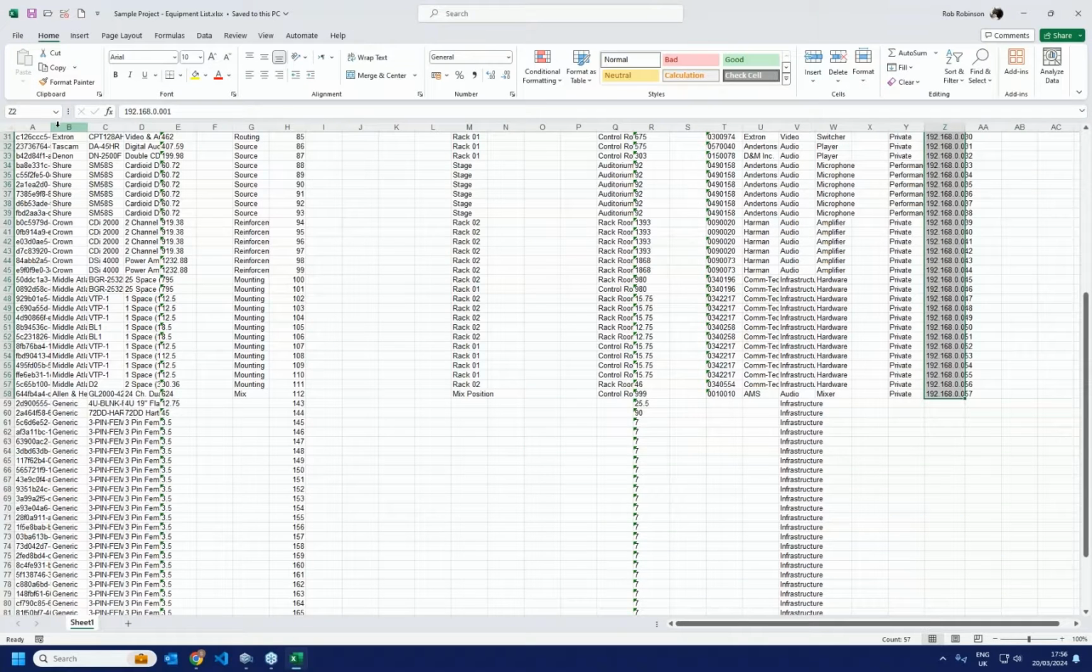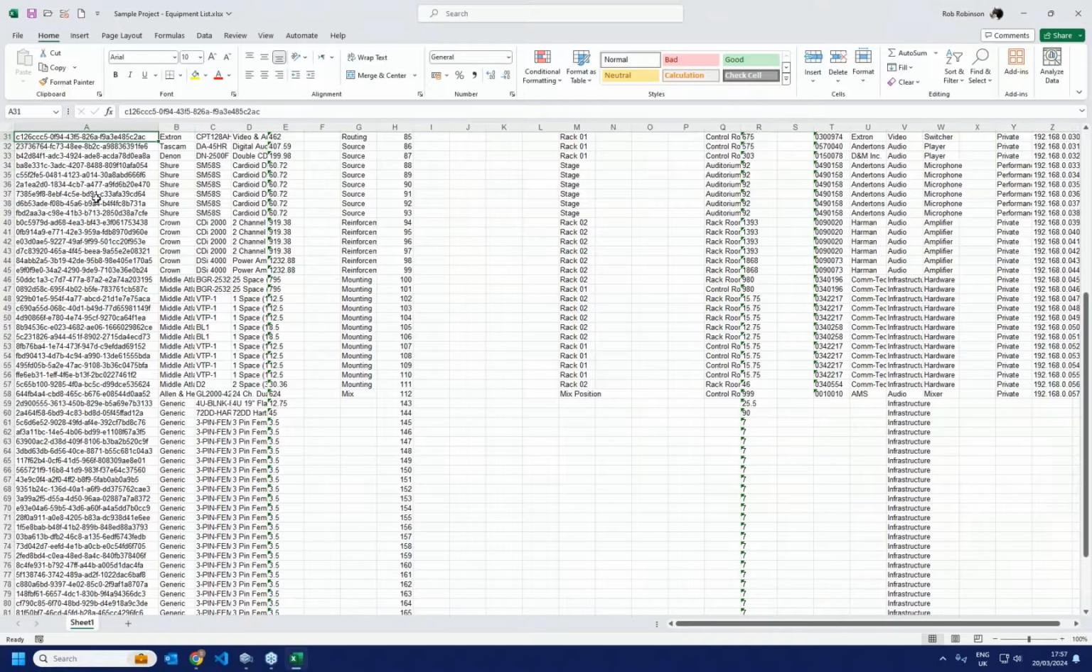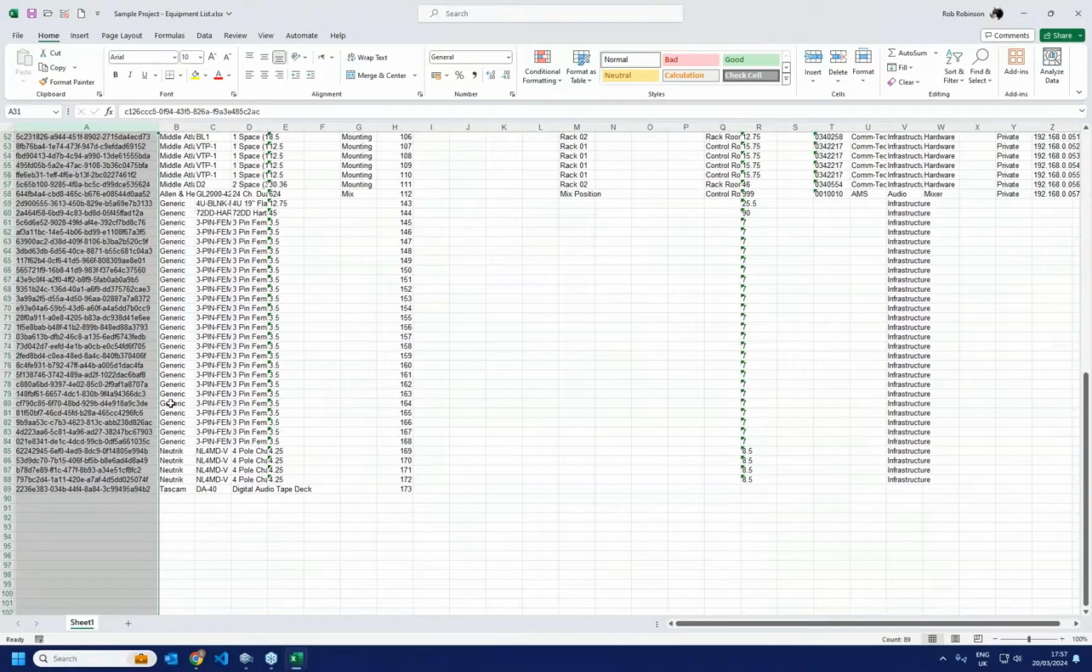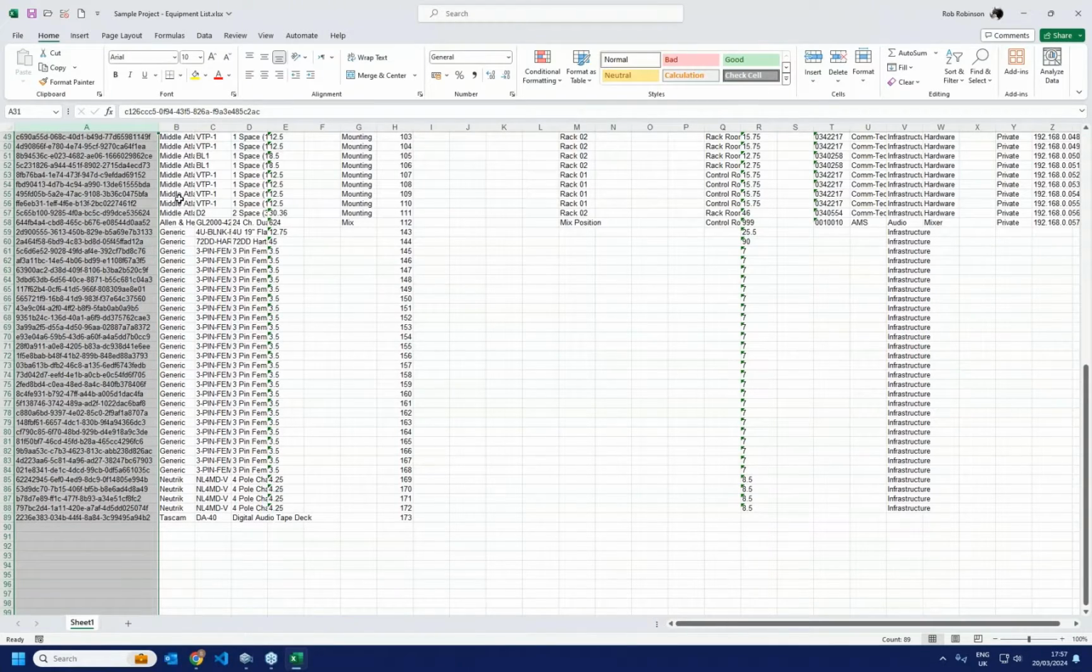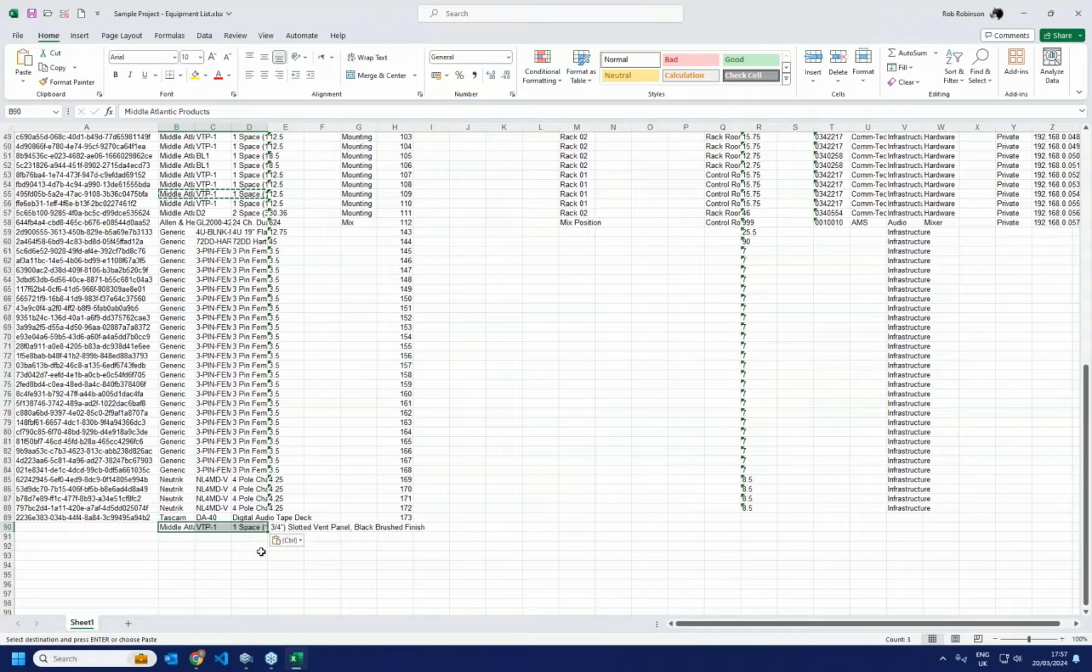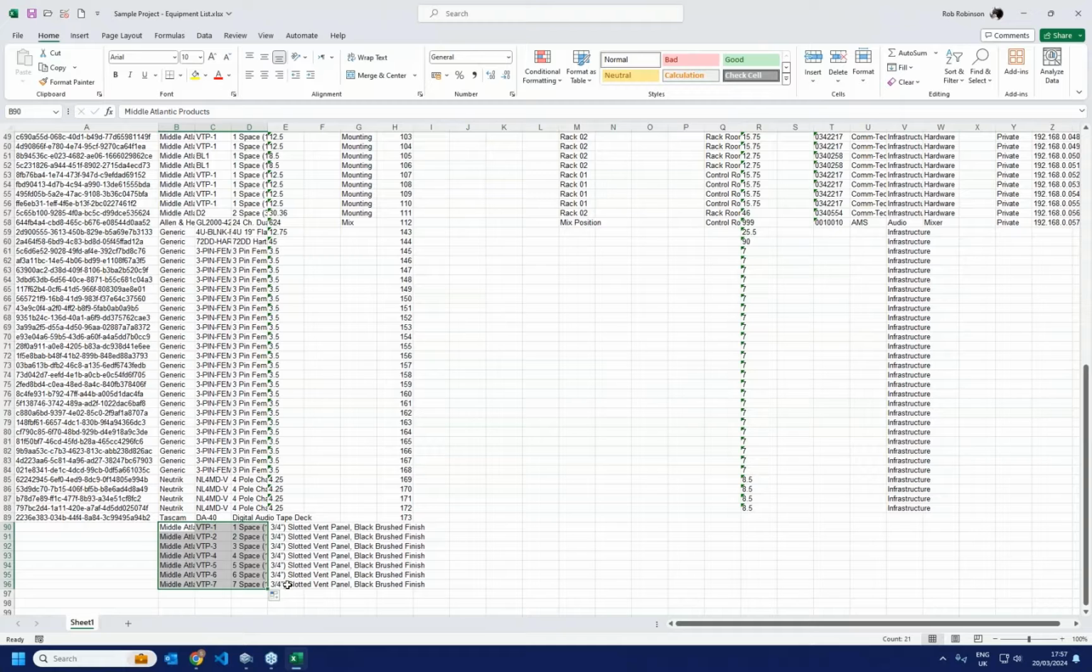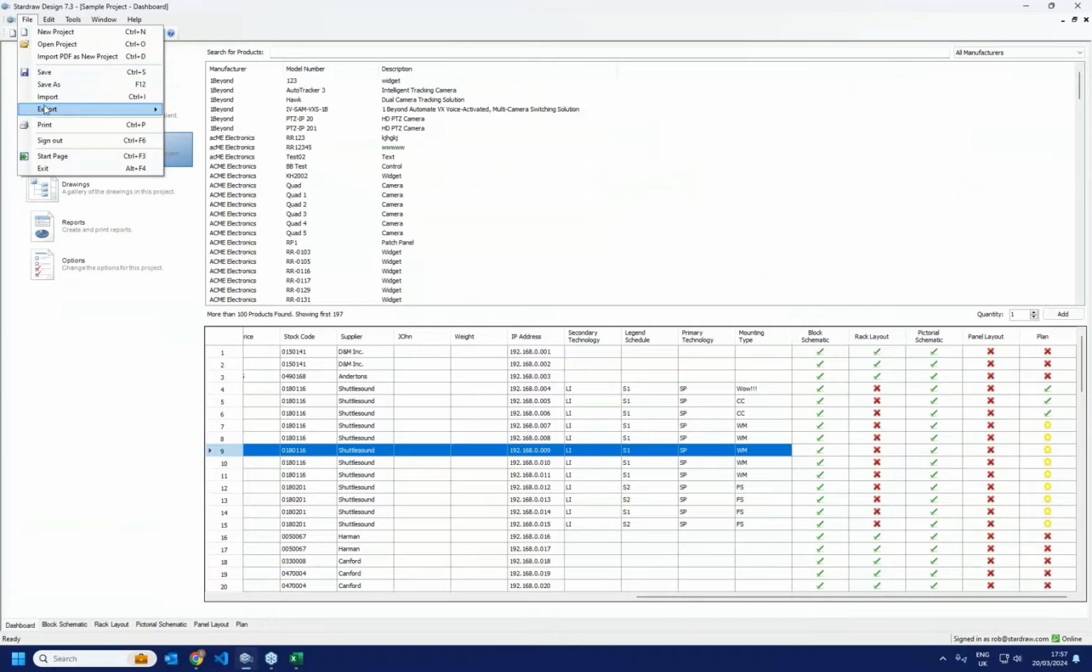The way that it works is that every product instance in the project has a GUID, which is what you see here in column A. So don't mess with the GUID, because that is what identifies that particular product instance. But if you were to add a new product, you can do that using something that is in the library. So I've just copied down a Middle Atlantic VTP1, and if I were to put in a few of those and save this, if I now go back to Stardraw and re-import